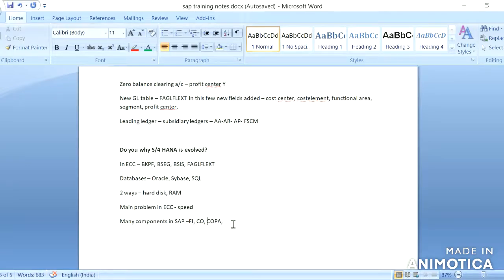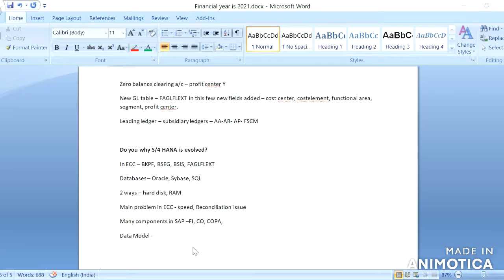As the components are independent, whatever we update in FI sometimes may not update in CO or may not update in COPA. This will cause reconciliation issues. Because of this, at month end and year end, there are many activities which need to be performed.